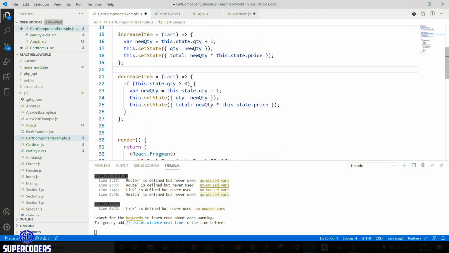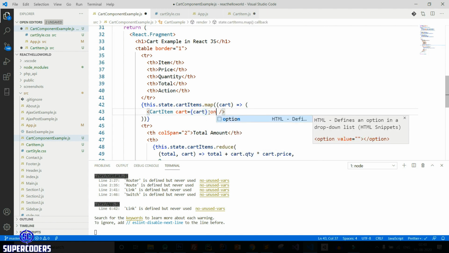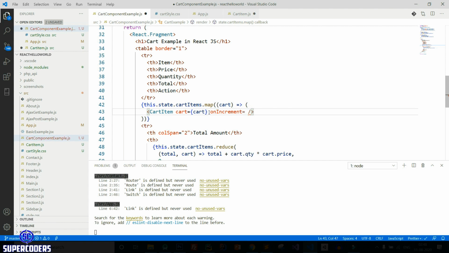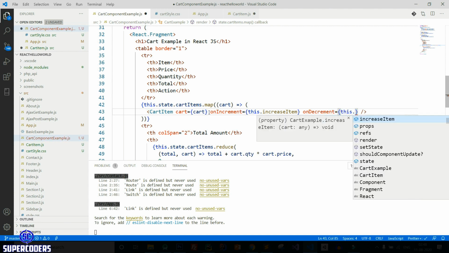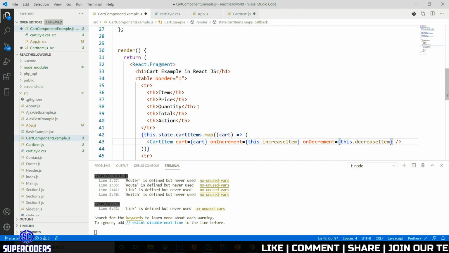Now passing this function refresh in our cart item: on increment equal to this dot increment item, on decrement equal to this dot decrease item. So I am passing here function refresh in our child component. Save it.